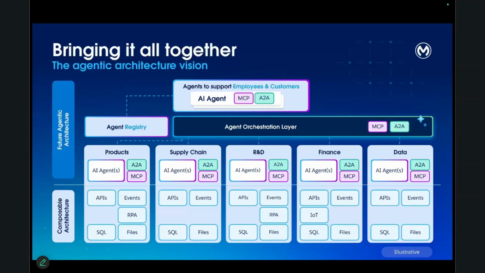We'll just wrap up by pointing out how, as illustrated earlier, you're going to have agents across multiple domains, whether it's production, R&D, whatever it might be. Your agent registry will provide you a way to define those agents. The agent orchestration layer will allow you to specify how they should work together in order to support your business processes. And all of it is going to be tied together with MuleSoft's Anypoint platform, giving you the visibility and scalability and performance. So we'll talk about this more as we get deeper into our webinar series.